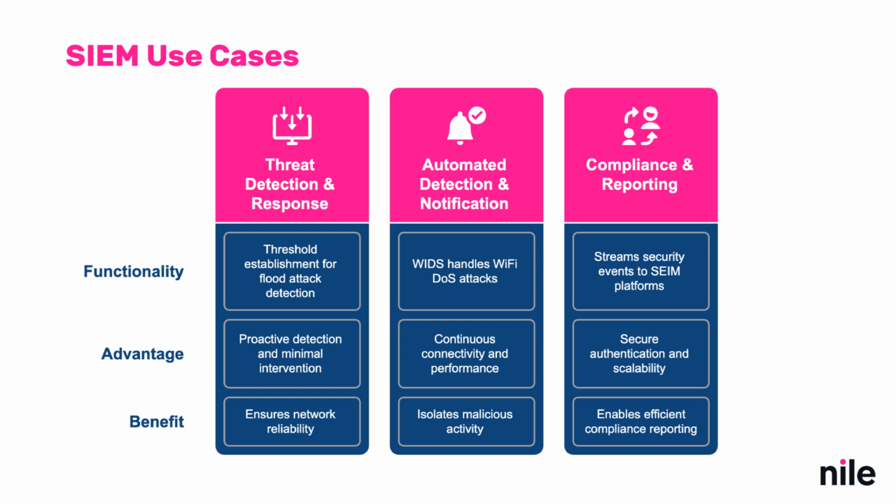Now let's look at how CM integration with Nile brings real-time security and operational benefits to your organization. First, with threat detection and response, Nile establishes thresholds to quickly spot specific attacks, like authentication or deauthentication floods that can knock users offline. This means the system isn't just waiting for something to go wrong. It's proactively watching for unusual spikes and can act with minimal manual intervention. The big win here? Your network is more reliable, and users are connected with confidence, even when someone tries to